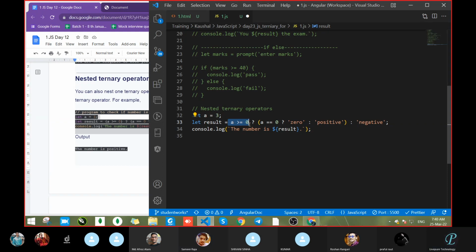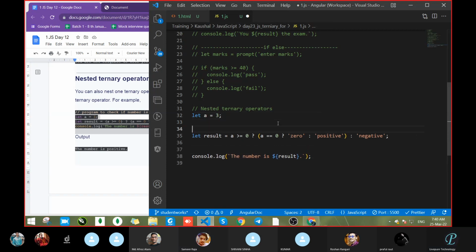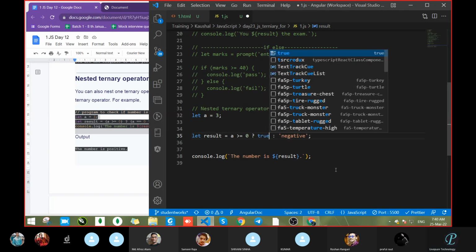And if this becomes true, which expression does it have to execute first? It has to execute this expression. Now see, inside this, again one more ternary operator came, correct or not? This is known as nested, because if you removed this one and wrote something here,